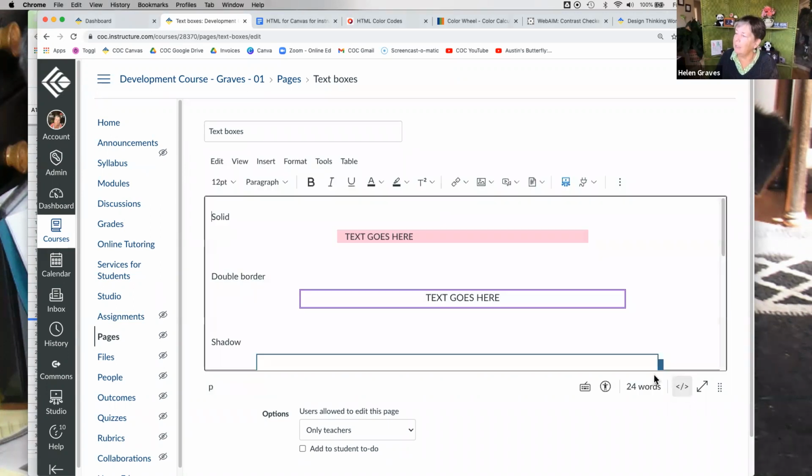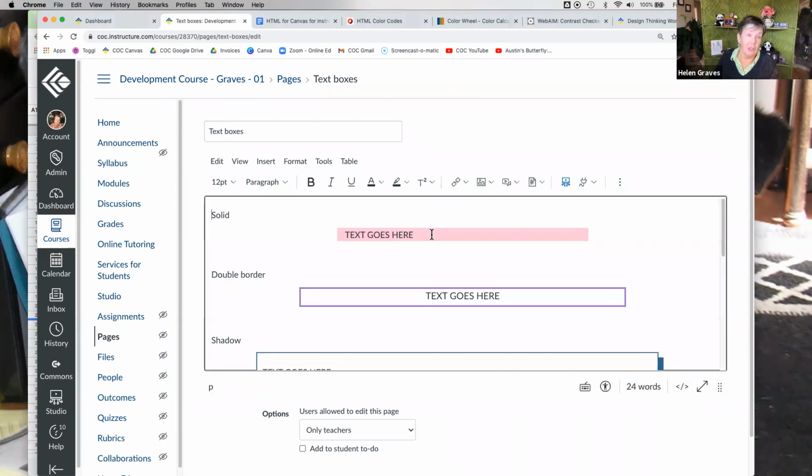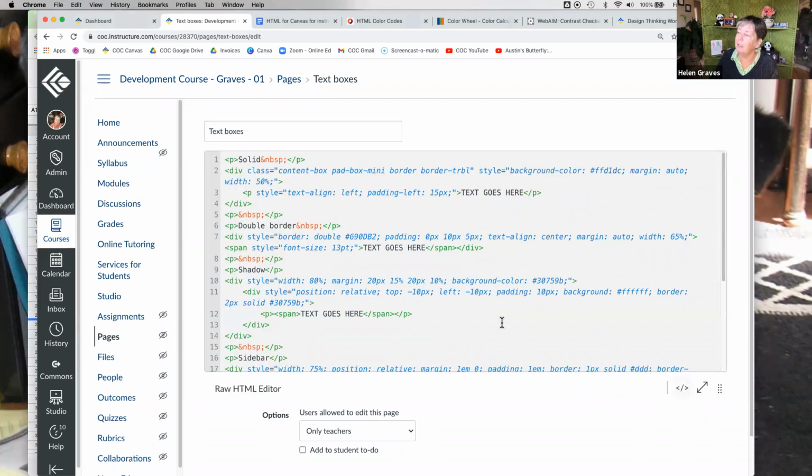Now you can see I changed the background of it, everything else is the same. So I can either change the text here, or if I'm in the code and I feel like pasting my text, I can do it from here as well. But up here in the div is where you've got your color and background. Then down here in this paragraph is where the text is, and then it has the closed div, and that's the end of that box.